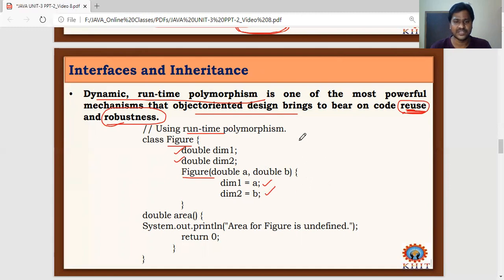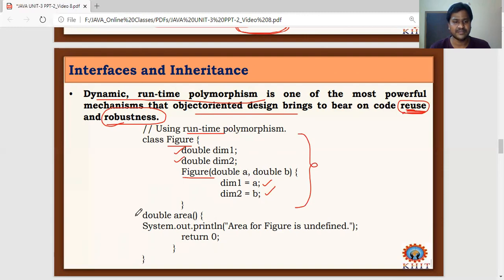So this is the behavior of this superclass. Maybe some classes extend this.